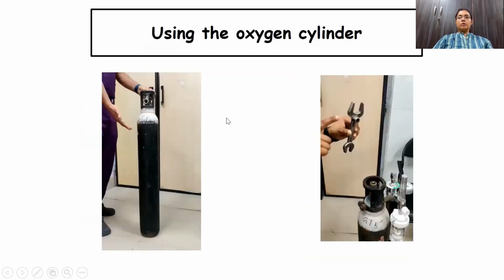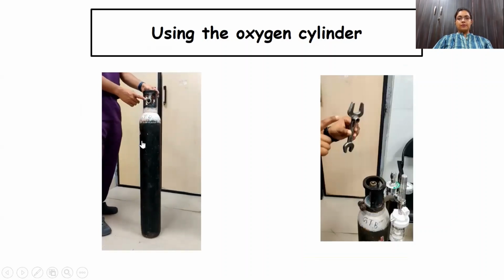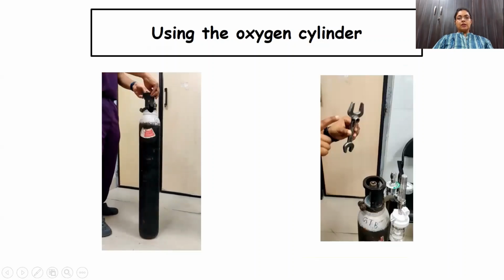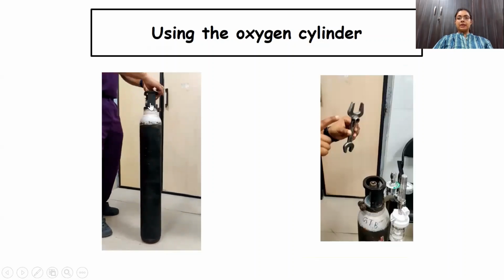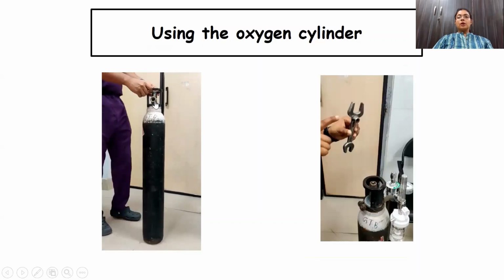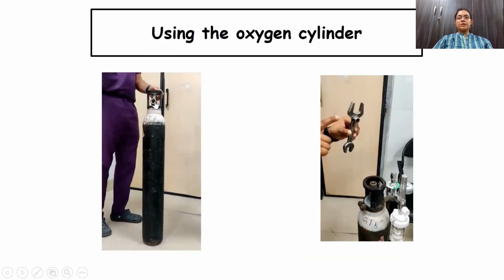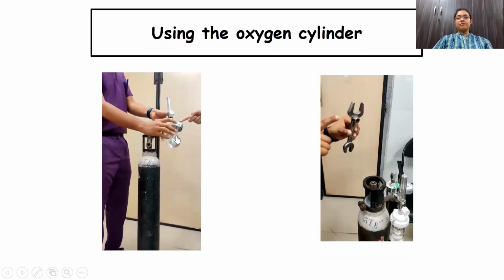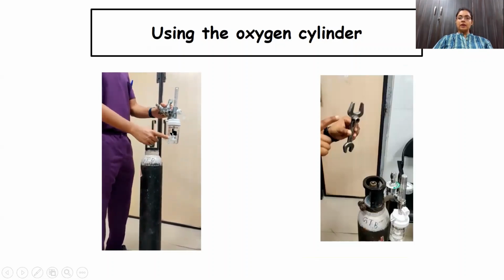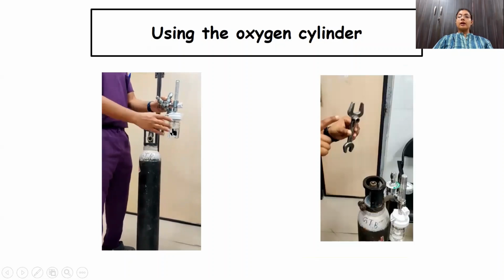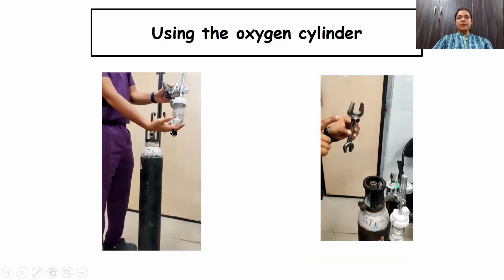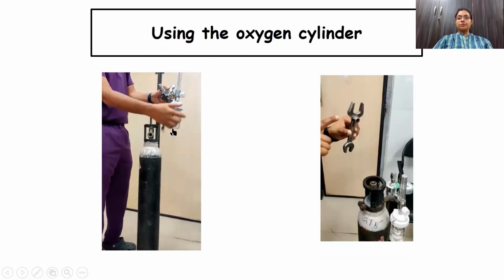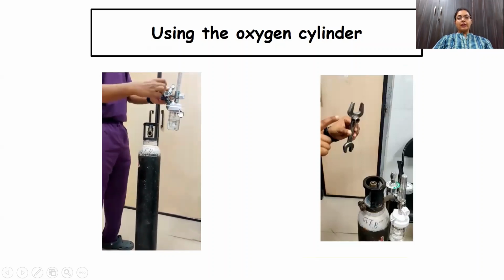Now let's talk about oxygen cylinder. So now cylinder is available. You want to make it ready to use for delivering oxygen to patient. Here you have a different type of assembly. There is a valve and there is a flow meter with humidifier assembly, and there is a pressure reducing valve in this, because you know that the oxygen cylinder is at a higher pressure as compared to pipeline. So you need to have a pressure reducing valve. The humidifier is the same.